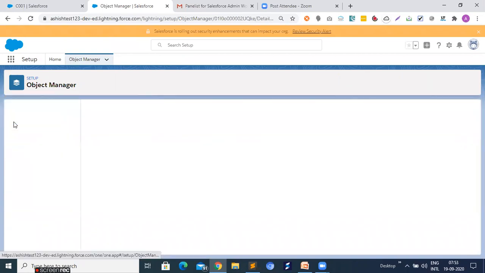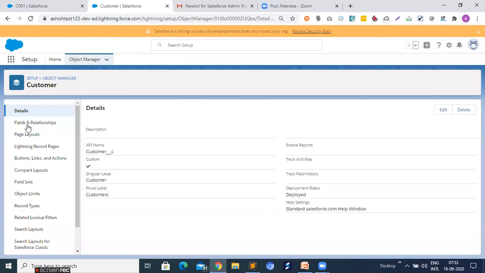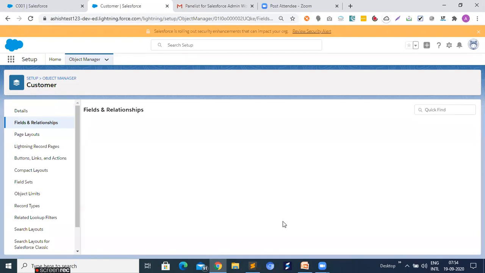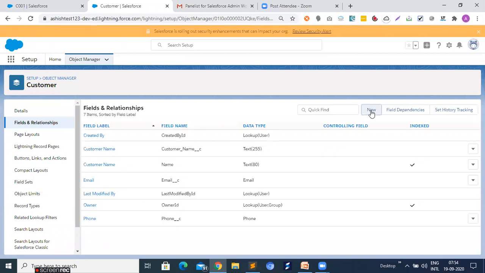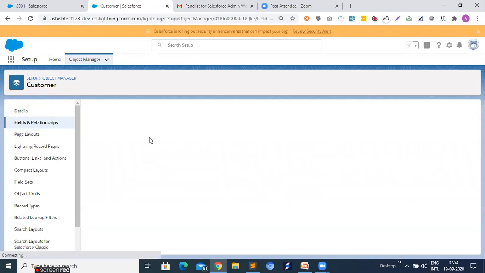And you need to create one new field. For creating a new field, just click on the field and relationship. And just click on new. When you click on new button, then first step that you need to select is data type.